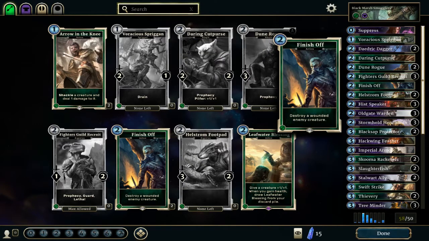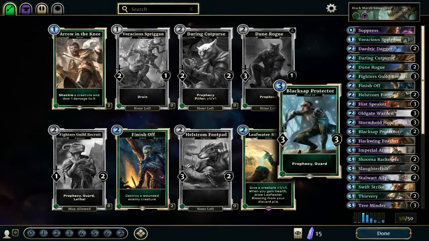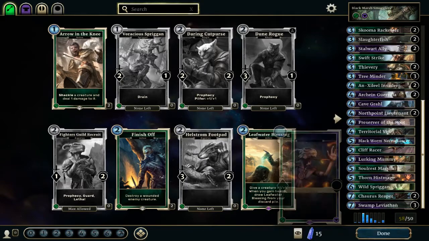So early on in the game, you want to be playing stuff like the Hist Speaker as quick as you can. You've got 3 copies of it in the deck. What she'll do is increase your max magicka by 1. And you can combo this if you're going second with the little free magicka support card that you get to build your magicka up. You can also build your magicka up by playing not just her, but also the Thorn